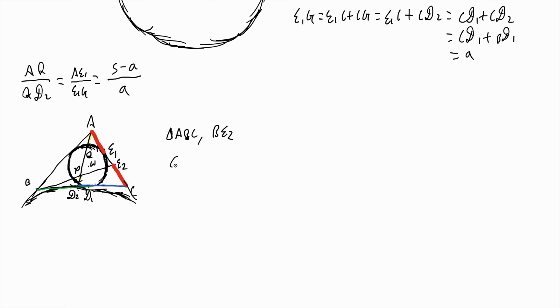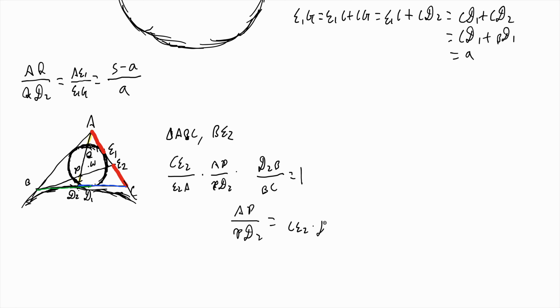So we have, let's use Menelaus. C E sub 2 over E sub 2A times AP over PD sub 2 times D sub 2B over BC equals 1. And that's what we wanted. AP over P D sub 2 is equal to C E sub 2 times D sub 2B